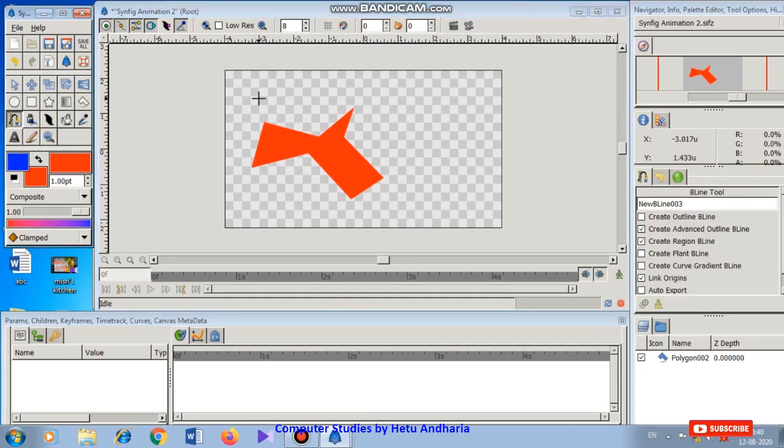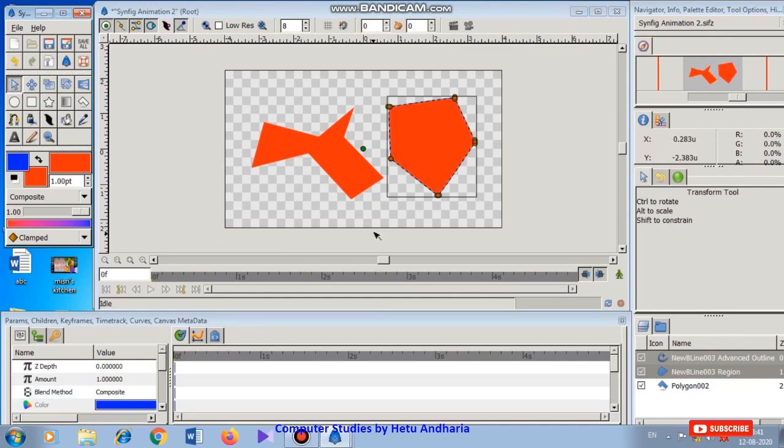Fine. Then a little bit similar tool which is known as blind tool. How to use the blind tool? It's a little bit similar to the previous one and a little bit different also. To end it, I have to give a right click here and choose loop blind, and the blind will get ended. If you don't right click and choose loop blind, then it will go on and on, it will not end. Fine. Now I click on this tool, so you can see this color is filled.